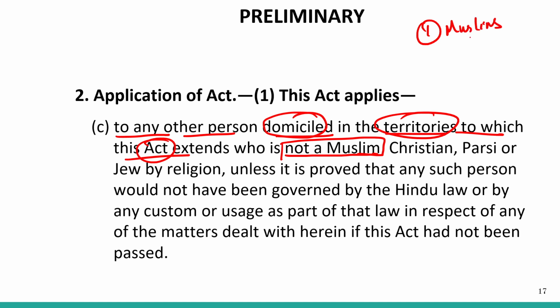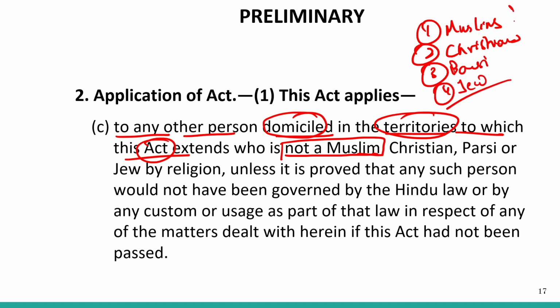So Muslims are not considered under the Hindu Marriage Act, so they will not be governed by this. Christians are also not considered. The third one is Parsi. Fourth is Jew. So these four people coming from these four religions will not be governed by this particular legislation